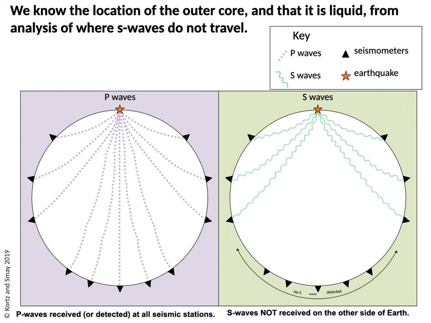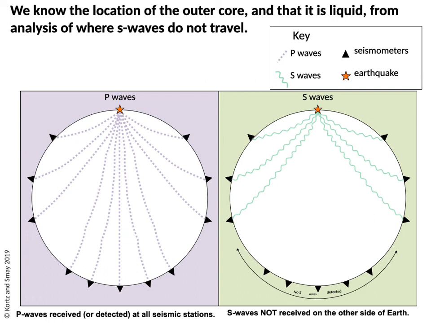So P waves pretty much travel, although they bend a little bit depending on the density and other properties of materials. They do make it. They are detected or received at all of the seismic stations. In contrast, hopefully you notice that S waves are not received on the opposite side of Earth from where the earthquake originated. And the reason for that is that the outer core ends up being liquid,